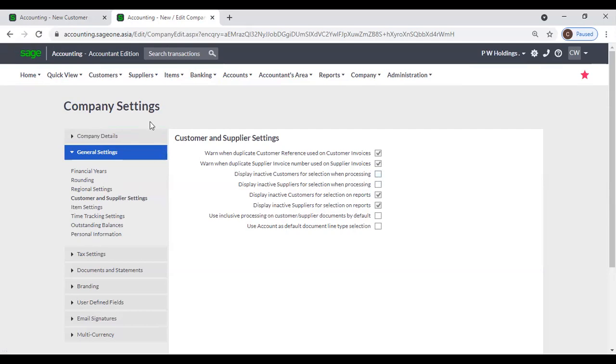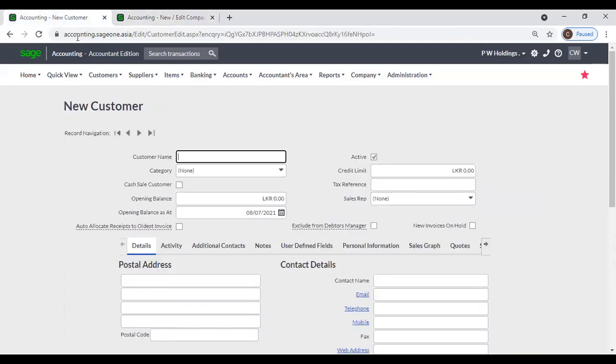Under company settings, general settings, customer and supplier settings, the third option, display inactive customer for selection when processing. If you untick this option, if you inactivated any customer, that customer's name will not display when you are processing transactions. Right. Next,